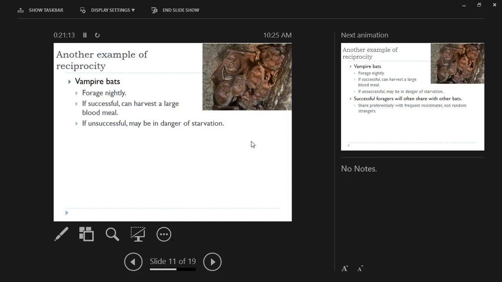They are super high metabolic creatures with relatively low body mass and relatively low energy stores, and they go off and forage nightly. When they're successful, they're usually going to receive a large blood meal. Blood is not particularly nutritious, but they will get more than they're able to process and that they strictly need. They store that all away in their gut, and then head back to the roost, with the plan that they're going to digest that over the course of the day.